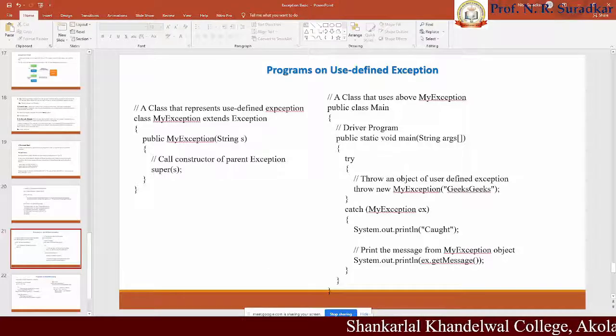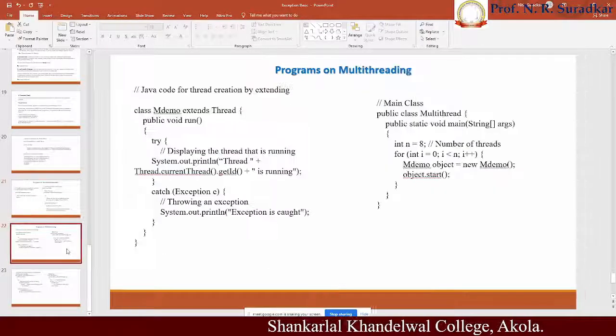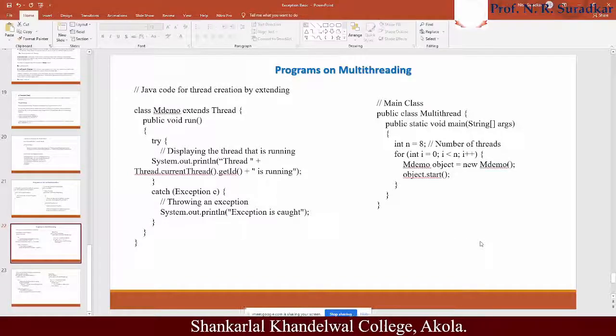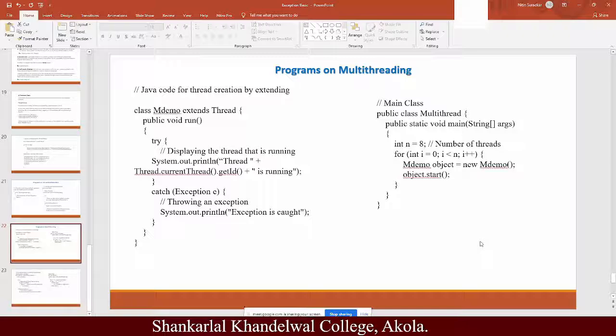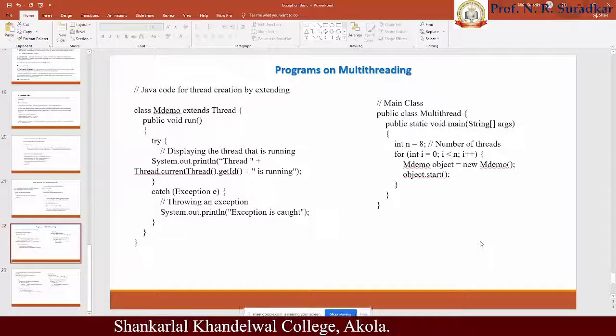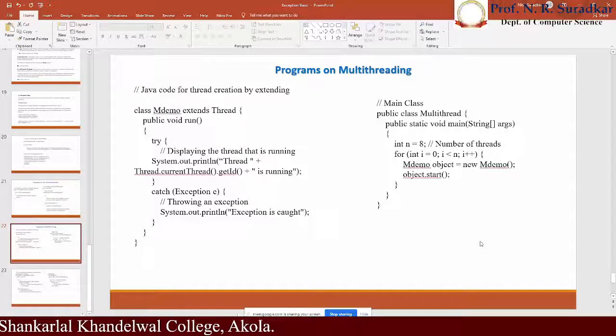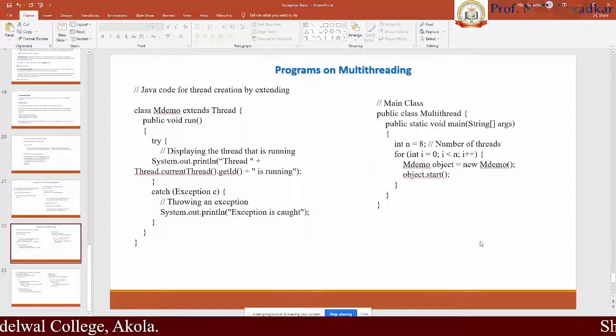Okay, I hope it is easy for you. The next program concerns multi-threading. Actually, we have already completed the multi-threading concept. We have seen different programs in multi-threading only for review purposes. I use the concept again, and in this lecture, I am only going to explain the programs and execute them. These programs are used to demonstrate the multi-threading concept.